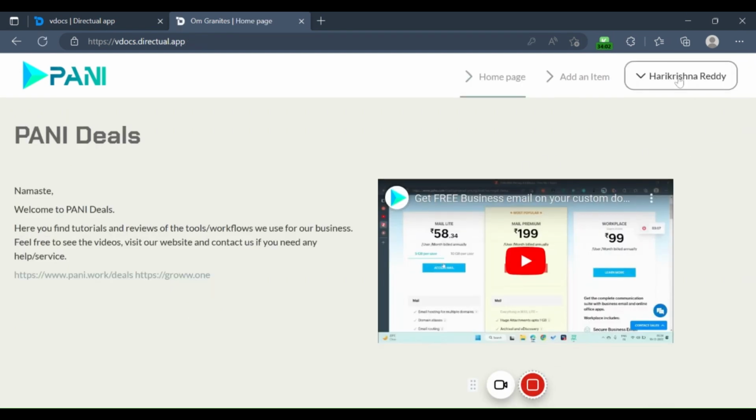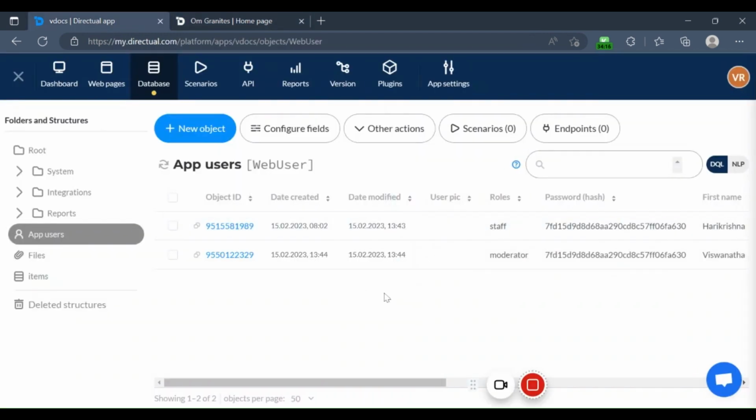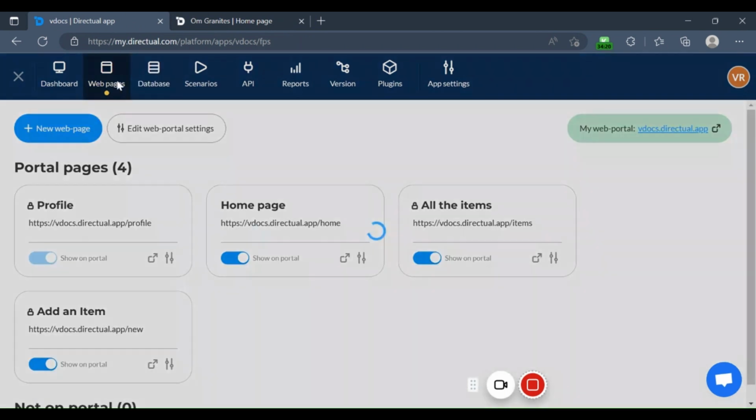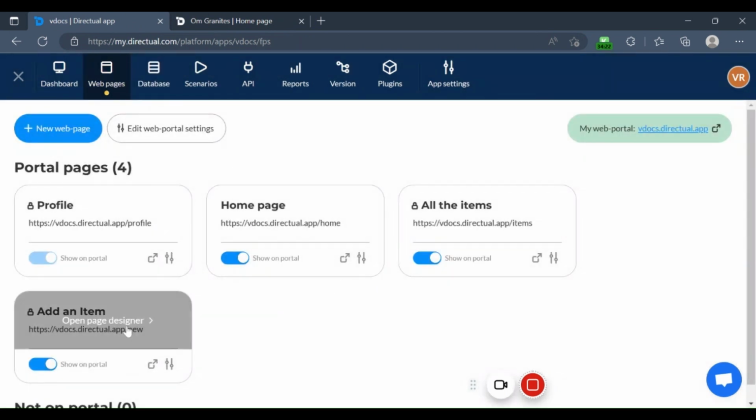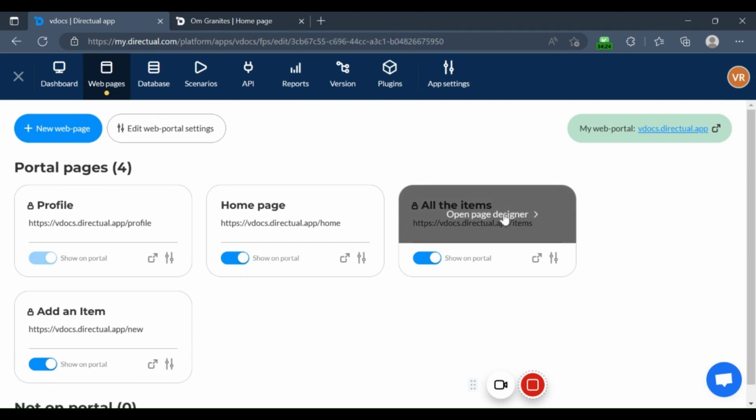I logged into the other user with the role staff. So here only the add new item page is visible, and list all items is not visible. So that is how you control access by using roles in the Directual app. Okay, so we can control those pages. Actually, you can control the